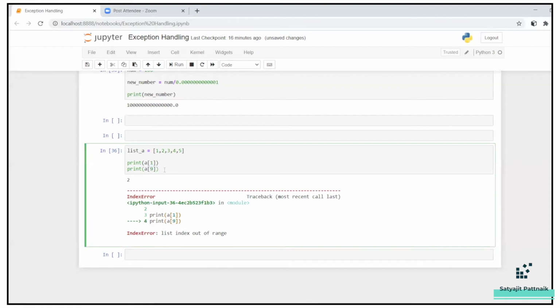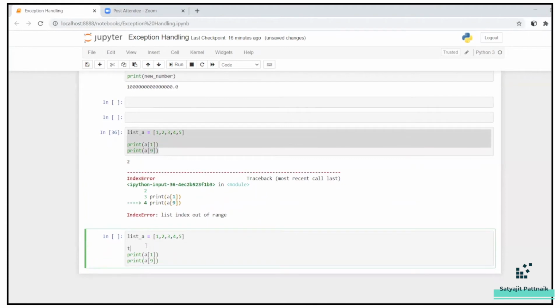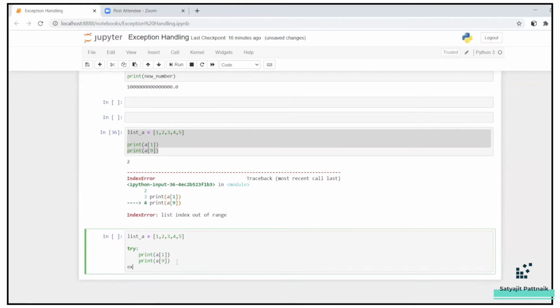Now how to get rid of this error? Maybe if you are working on a particular Python code, you don't want to see this error. You can easily skip this error by using a try and except block. Let me try to fix it. What I'll do is define a try block, pass indentation to it, and then I have except. That means I'm going to accept this particular error. In this, I will just pass IndexError,